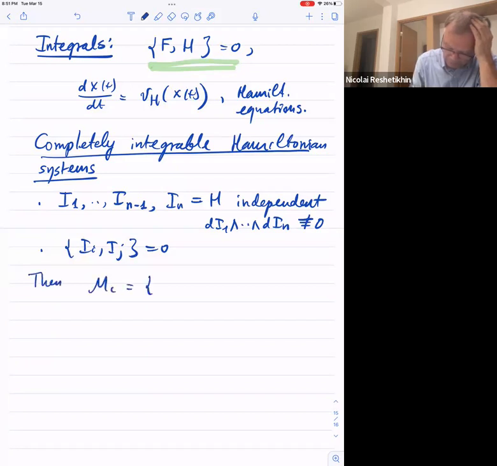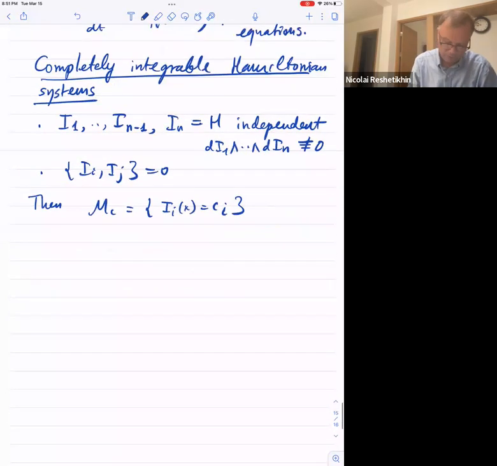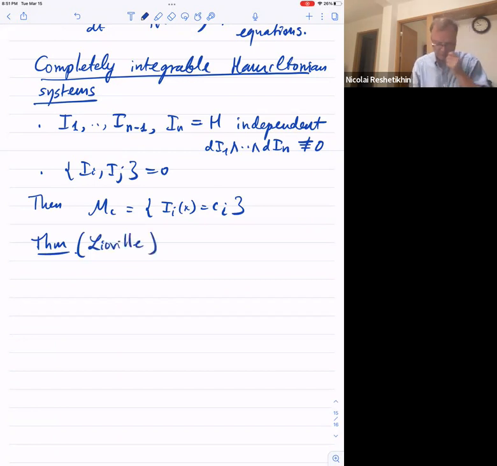Let's say M_c is a level surface of those integrals. And there is a theorem attributed to Liouville. He certainly did something about it, but some people say that actually it was done by someone else, but it doesn't matter. So it's called the Liouville theorem,